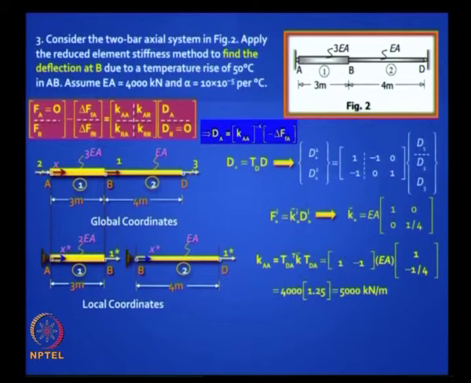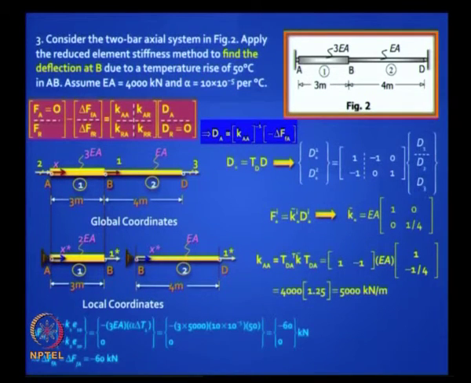Okay. So what about your fixed end forces? Some of you forgot that only one bar is heated. You kind of heated both the bars and you got it wrong. So it's very easy to solve. Okay, the answer is 12 mm. Moving on the right side, some of you moved it on the left side and never thought that it's foolish, because if you heat that bar, B is going to move to the right. How can it move to the left? Last problem,